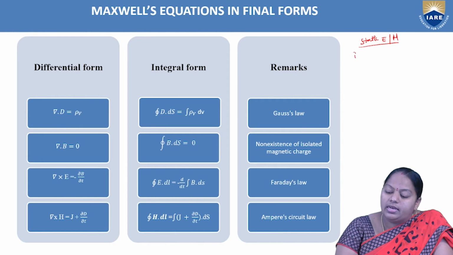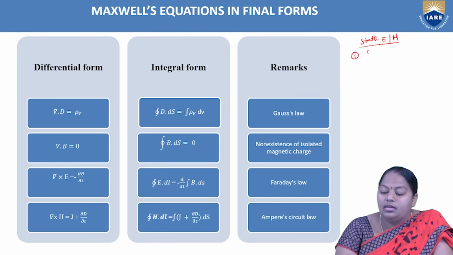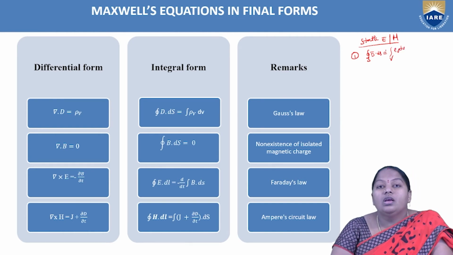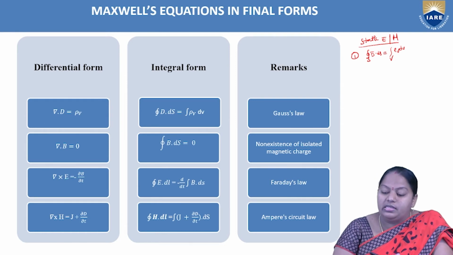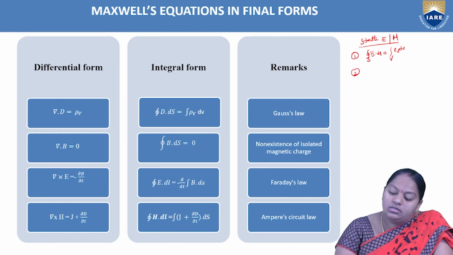So under static electric fields, the first law we have is Gauss law, that is closed surface integral S D dot dS is equal to integral V rho V dV, which is obtained in the case of static electric fields. And one more is Maxwell's law which exists in electrostatic fields as